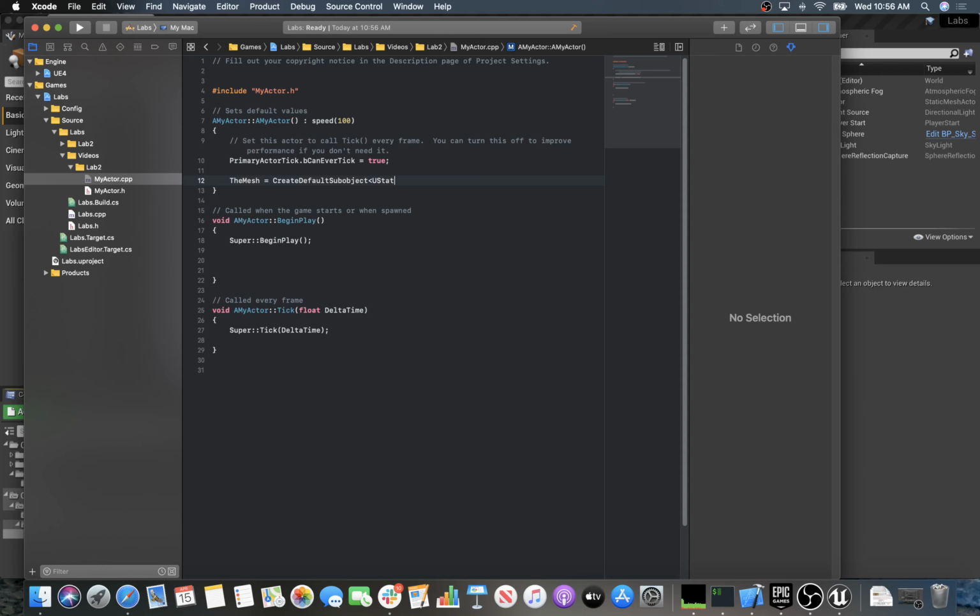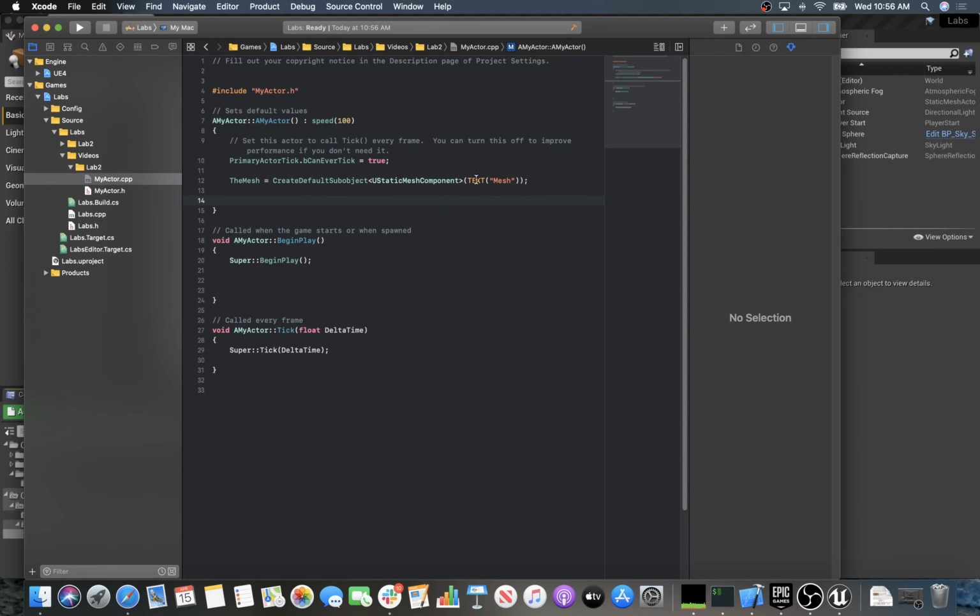So I want to say UStaticMeshComponent, and then what I need to pass to it is the name of the default subobject of the object I'm creating, and I'm going to put Mesh in here. And this text here is an Unreal type of string. Again, they have their own string version, with its own garbage collection and methods, and they have different kinds of strings depending on what you're using them for. But we have to pass this text here to give it the right type of string to get passed to